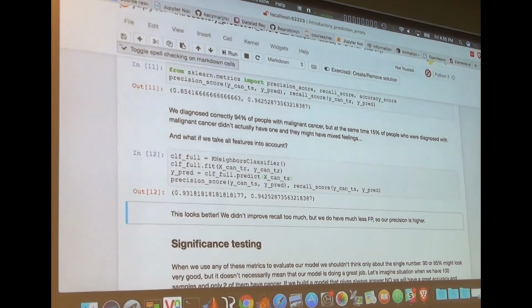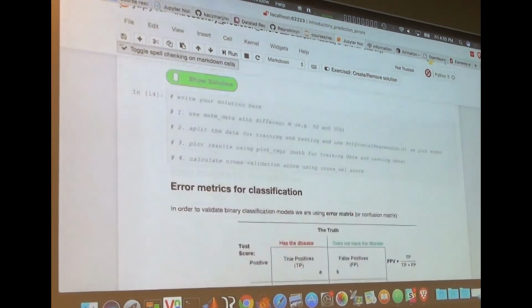Right? We won't go into feature selection here today, but when you're doing feature selection, make sure that you use nested cross-validation, and by nesting, what we mean is